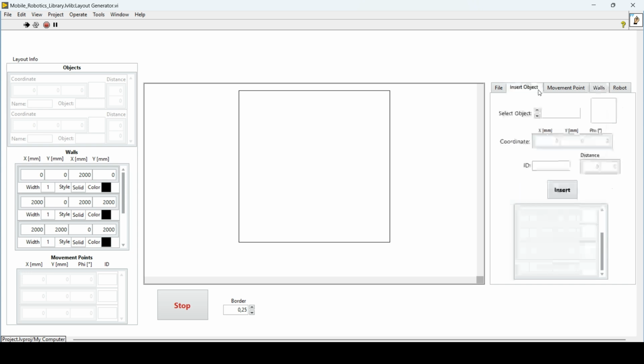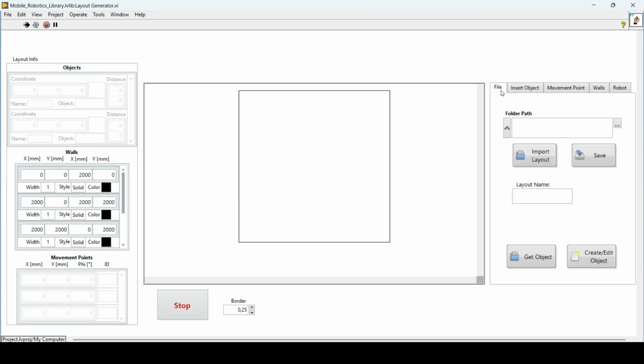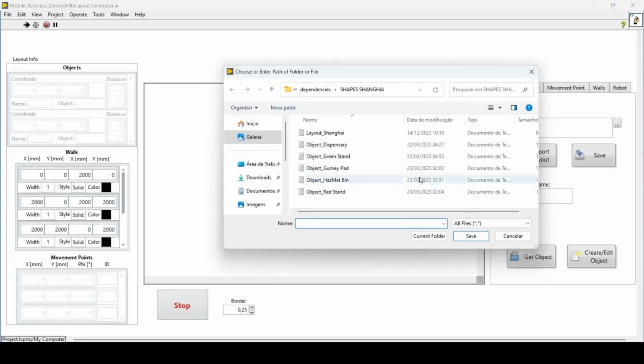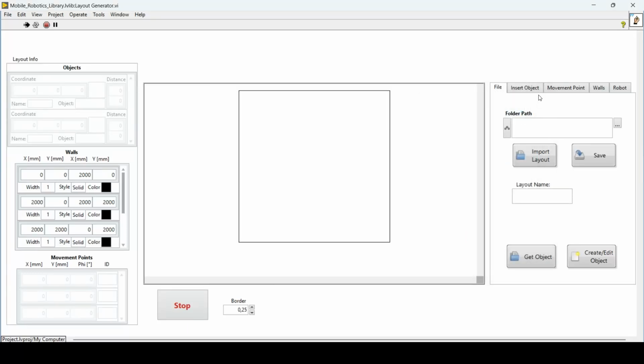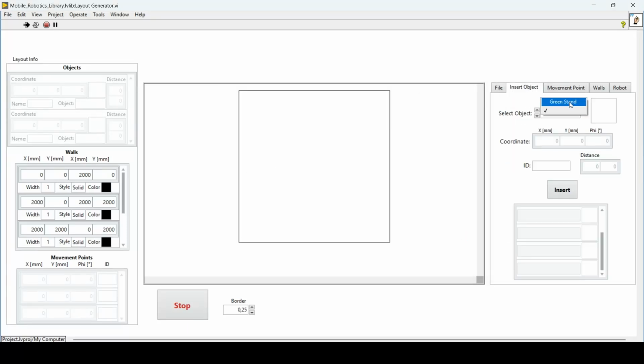And then I can also insert objects. For inserting objects, I need to add them to your system, so I can get the objects here. I already created some objects. For example, this is regarding the WorldSkills competition 2022 challenge. Here we have the elements that you would have in the layout. So for example, let me take the green stand here. If you come here, now you have the green stand